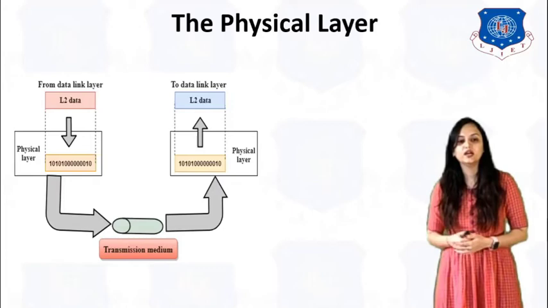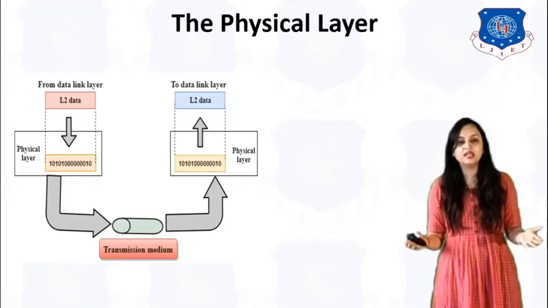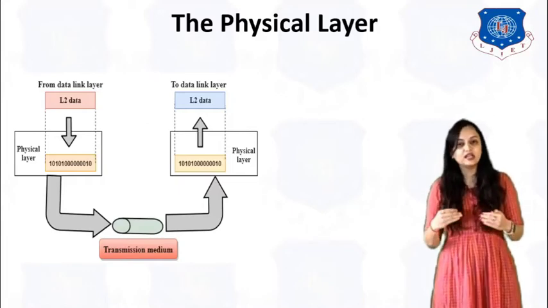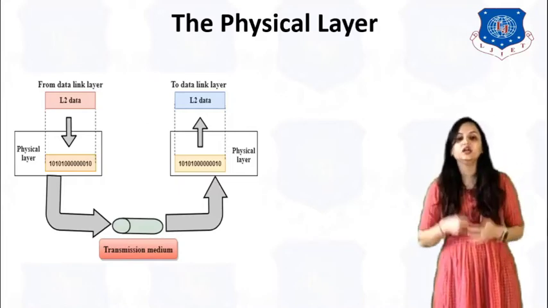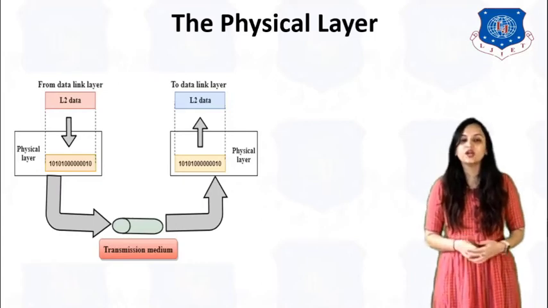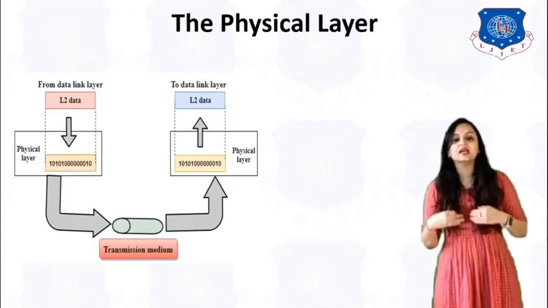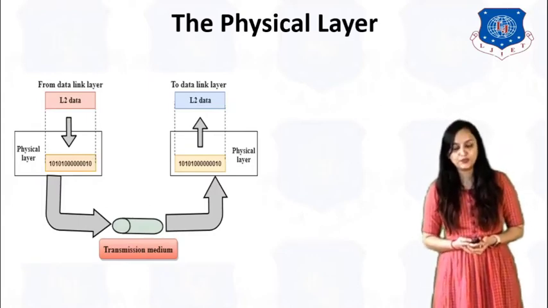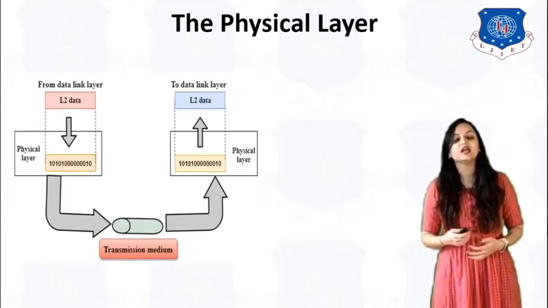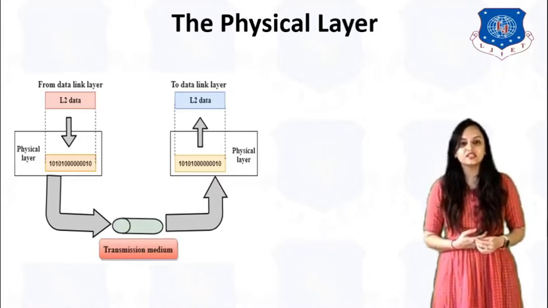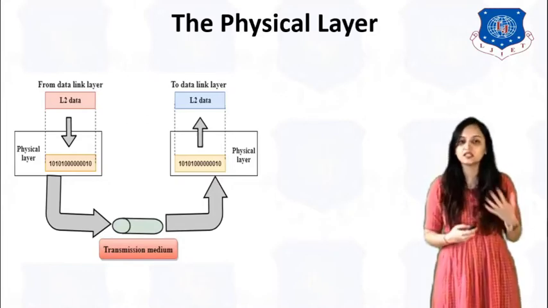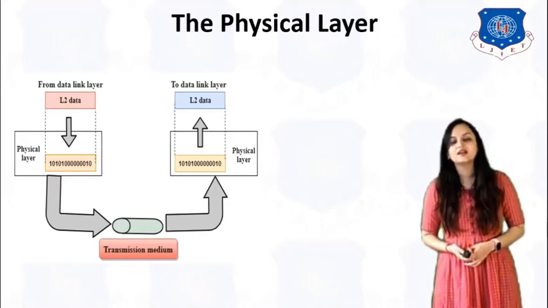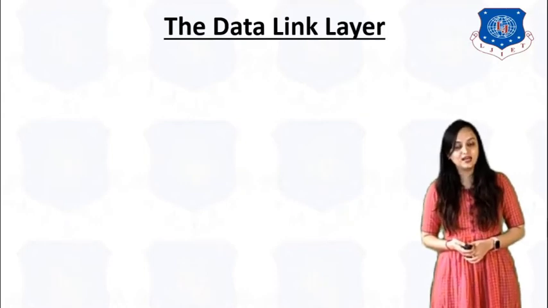As you can see here, we are considering a transmission medium through which the data can travel, and using this, the physical layer transports the data to its above layer, that is the data link layer. Whether at the host A or host B side, it can take data from and to the data link layer. So this is the first layer, the physical layer. In further chapters, we will see the physical layer's roles, its parameters, its constraints, and the different media we can use to transmit the data. Now the next layer is the data link layer.